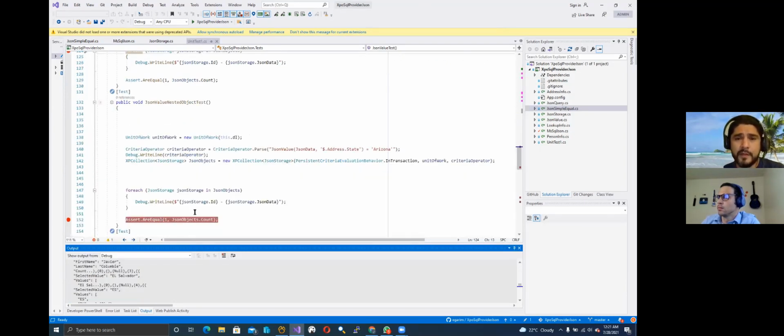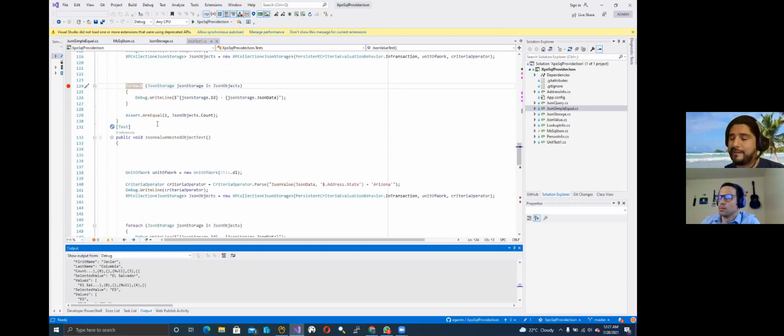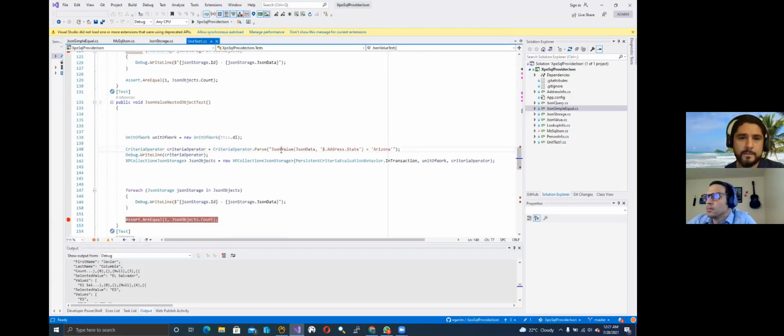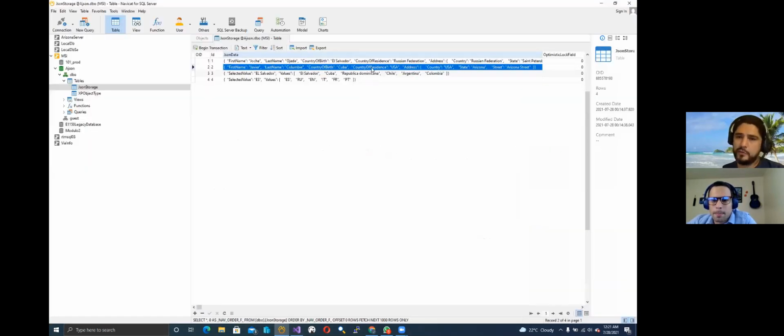Okay, sometimes these two examples that we have are basically too simple. We want to do something that is more complex. So in this case, we are using JSON value, the same function that we registered before, but the path of the property is more complex. So yeah, as you can see, one level deeper. And you can go as many levels deeper as you want,